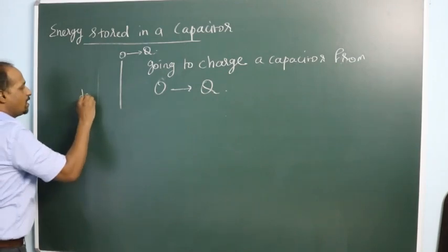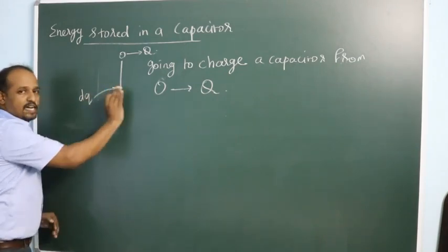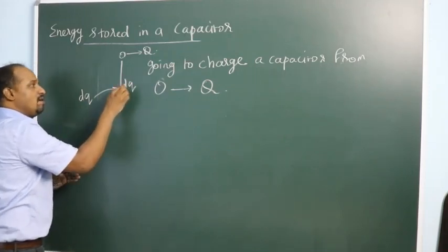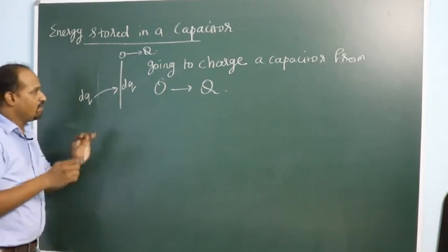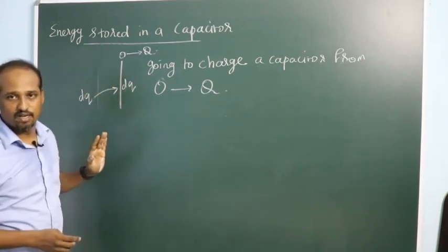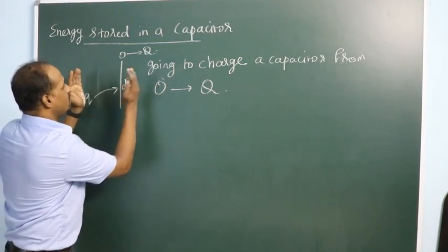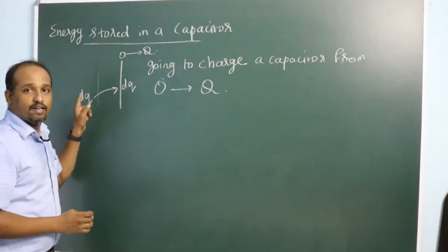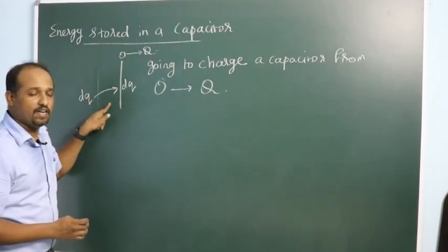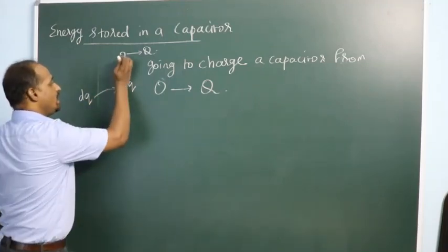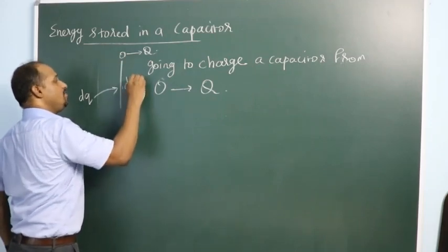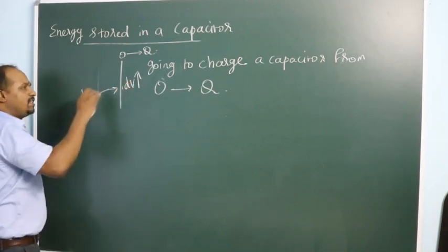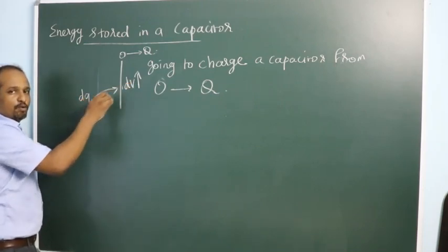But when you first add dq charge to this, it is charged. The next dq, when you give charge dq here, it will create a potential, because whenever there is no charge, it does not have any potential. When you give charge, surrounding this charge there will be an electric field. And when you add one more charge dq, you have to do work against that electric field. When you give dq charge, its potential increases by dV. In the next dq charge, one more dV potential will increase. In the same fashion, you keep on giving dq amount of charge.